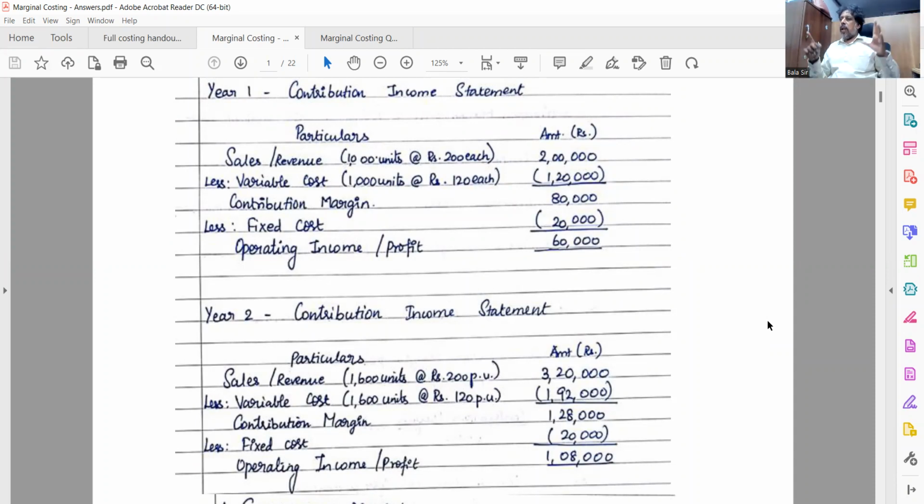Yes, sir. 1 lakh. 1 lakh and 8,000 is your profit or operating income. Now I made these two statements for me to make you understand all the possible relationships. That is all the equations I want to derive from these two examples. Okay. Now, if you remember these two examples really well, and with the help of these examples, I'll teach you